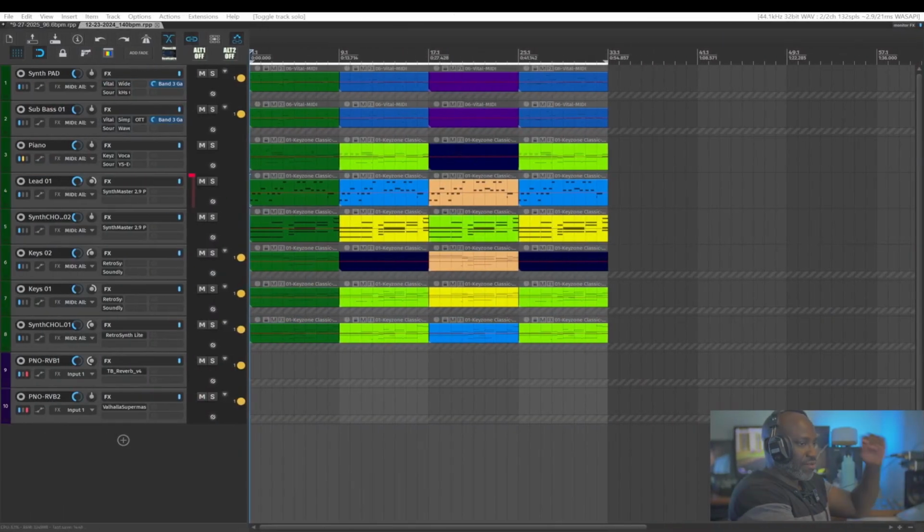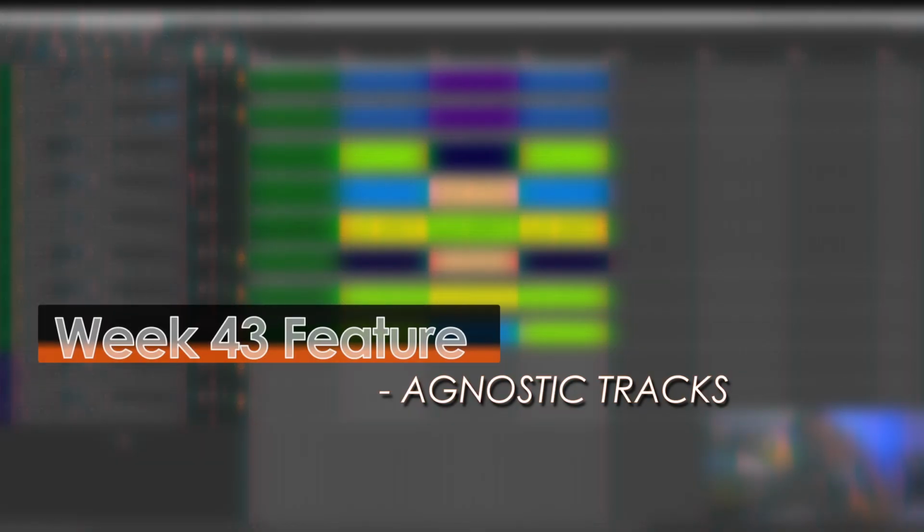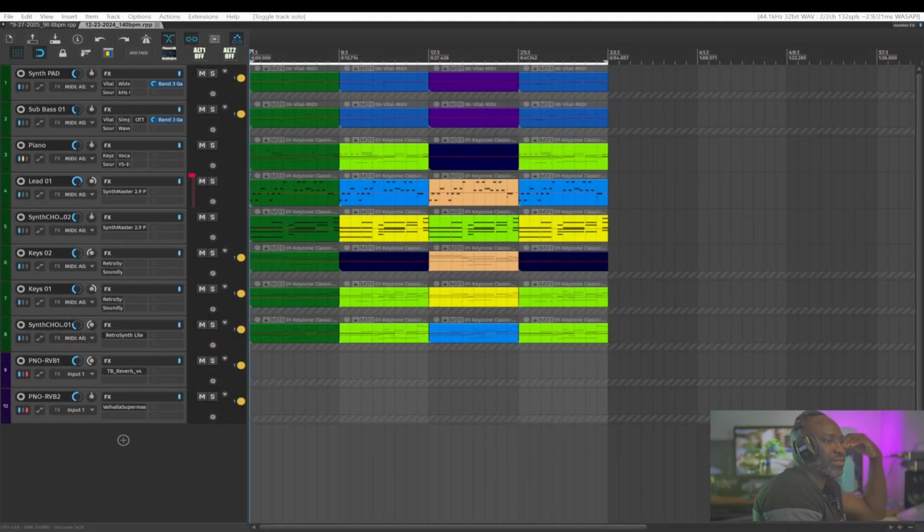So our topic and our focus for today will be agnostic tracks in Reaper. What that means is no track is assigned or designated for anything specific. Most DAWs will have specific tracks for specific things. In Reaper, it's not so. You have a track and you can assign it to whatever task you need it to do as far as